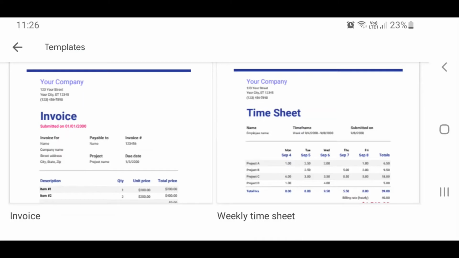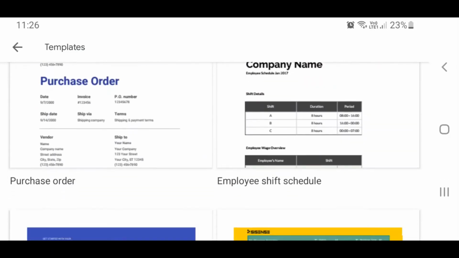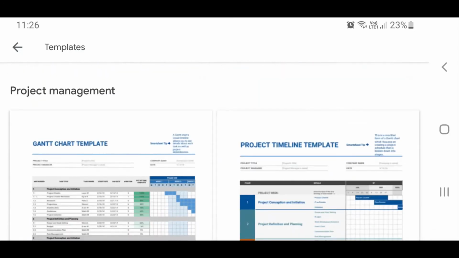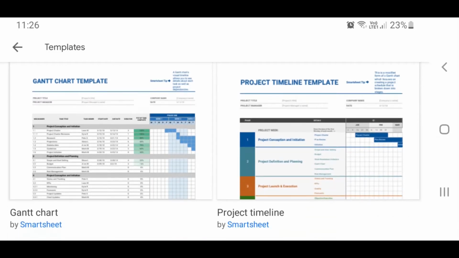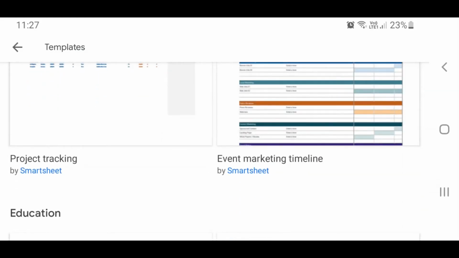To support all these, you also have different templates. If you are a student or a project manager, there are also different types of templates available, like a Gantt chart template, a project timeline template, a project tracking template, or an event management template. All these templates can be modified as per your requirement.